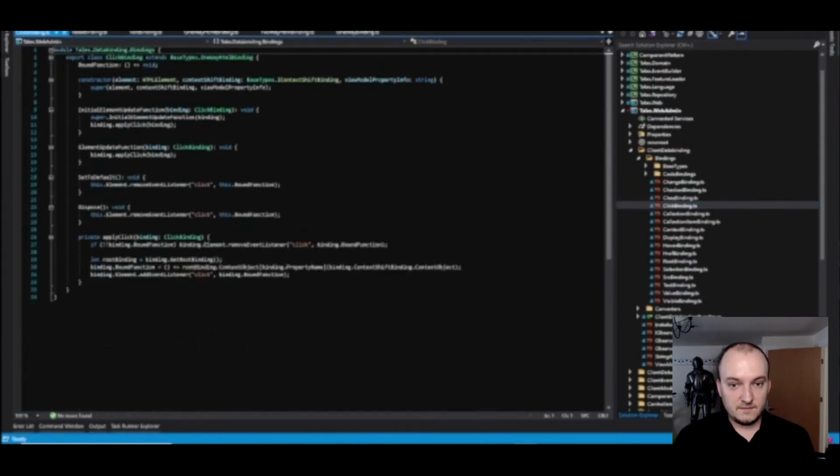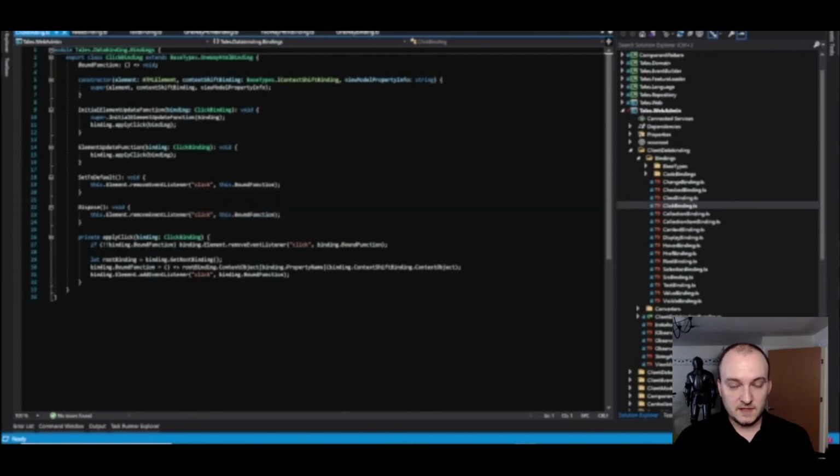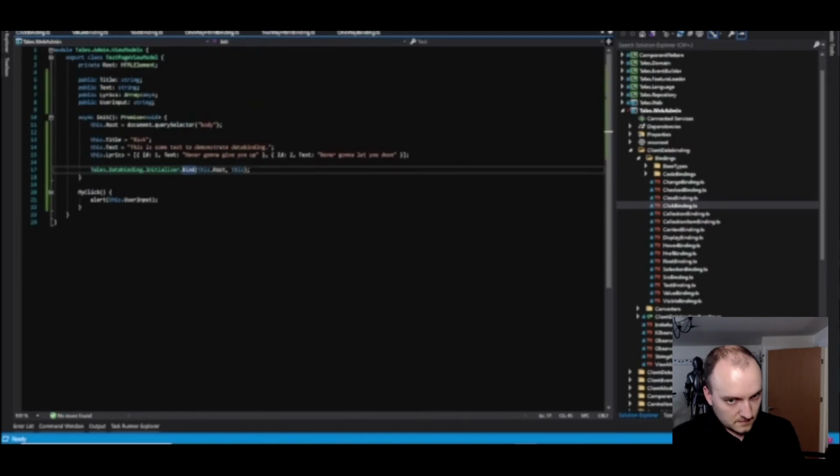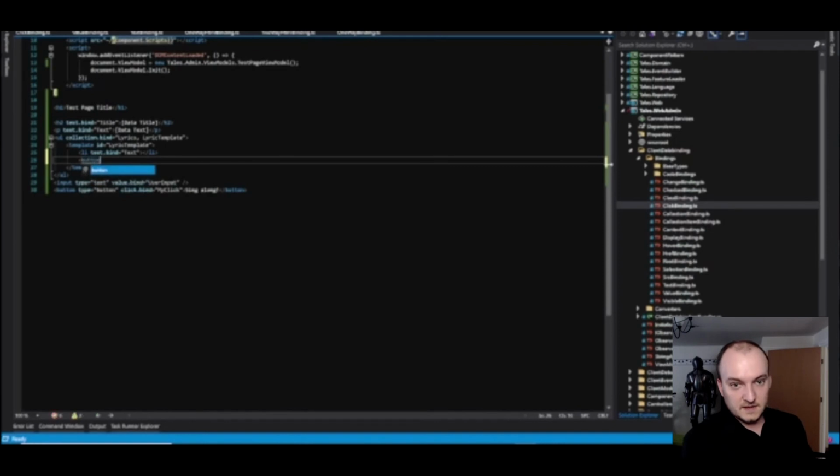This is a fairly straightforward one by the looks of it. We've got event listeners on the click for that element because it is a click binding, and the bound function, the function that is given to it, is called with the local context object. So what that means is my click in here, let's say we were in a collection like this guy here. We had our list item, so you could have a button click bind in here,